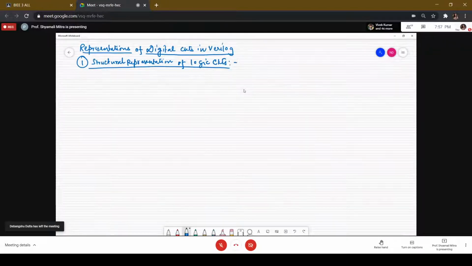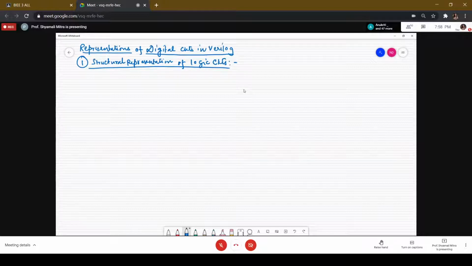Verilog includes a set of gate level primitives that correspond to commonly used logic gates. So colloquially speaking, in this structural representation of logic circuits, we will use simple logic gates to represent each functionality. Now, how to represent a single gate?